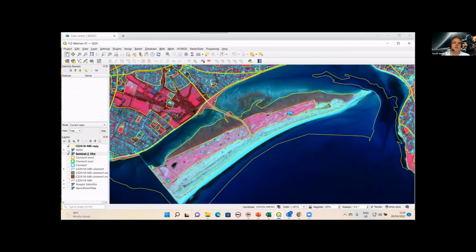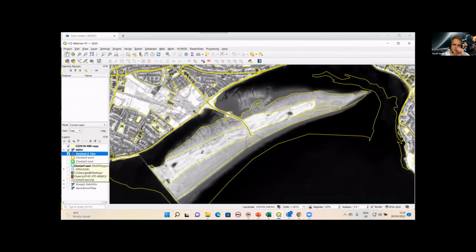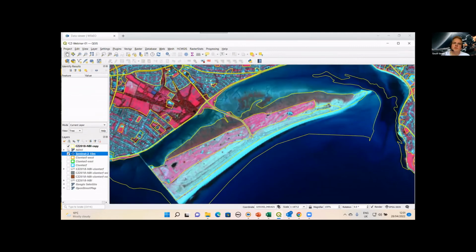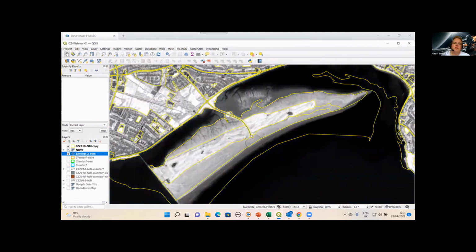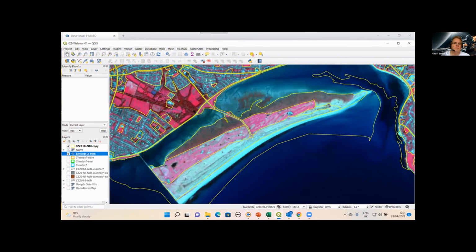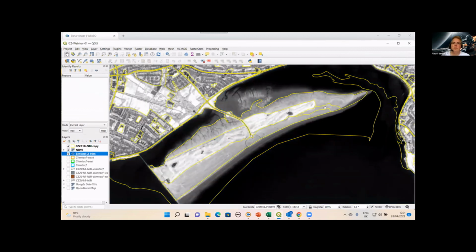But what I can do is show you that layer as I've already calculated it. If I just toggle between those 2, you can see the red areas are now becoming much brighter because they have a higher density of vegetation present in them. And straight away we can see much more detailed patterns now on these salt marsh surfaces. We can see those dissecting creek channels there. They show up because they are either wet mud or maybe with some water in the bottom, and that gives them a very low NDVI value, whereas the marsh surfaces have a much higher value there.